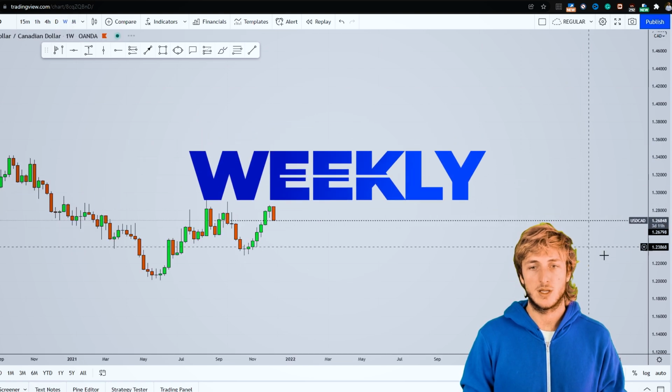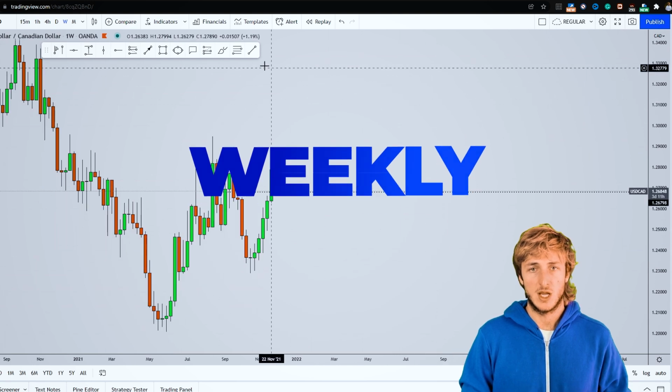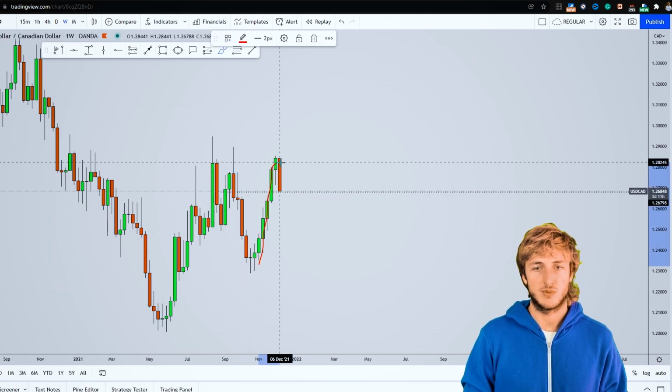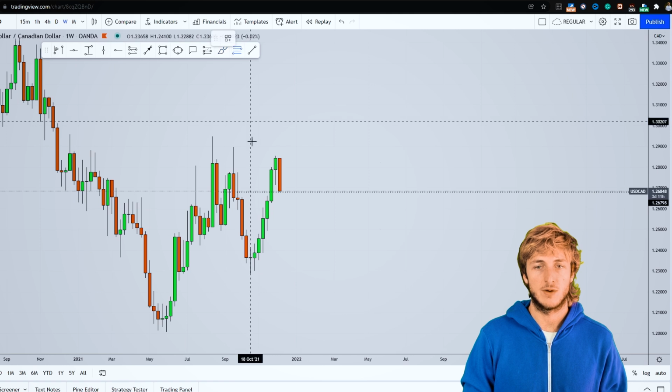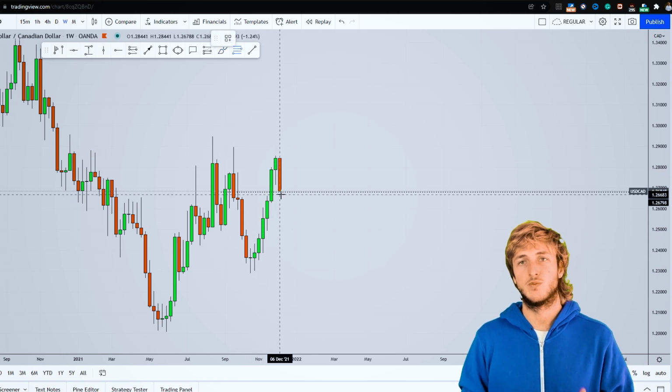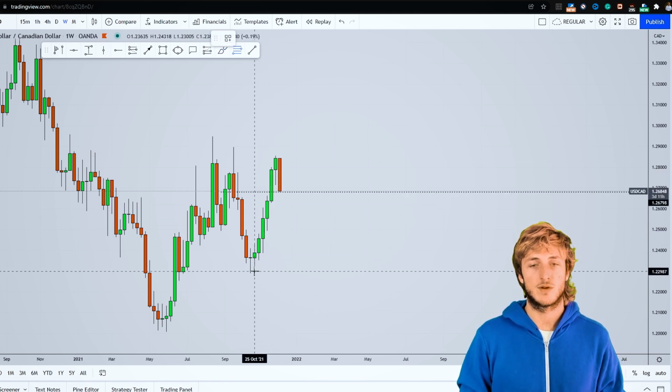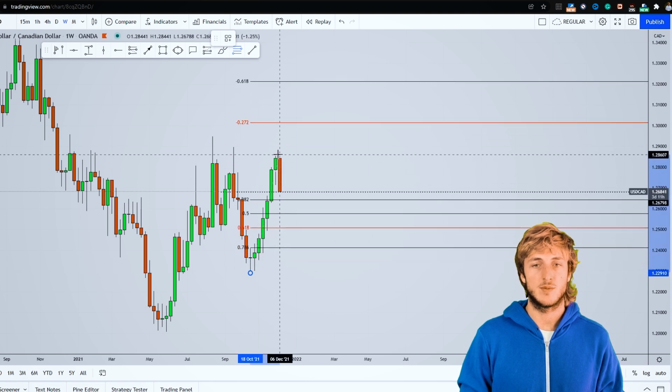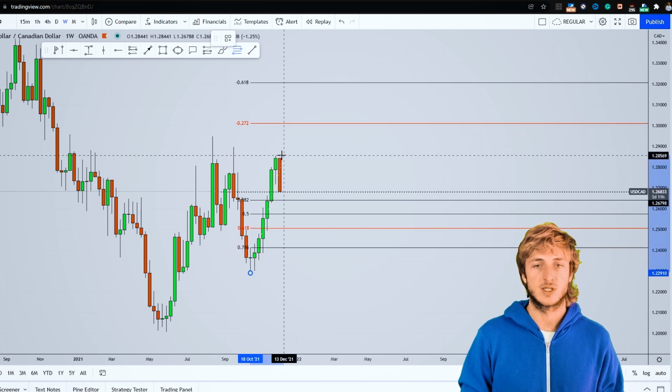We drop down on the weekly time frame, and what do we see? Now here in the weekly, we can see a strong impulse, and at the moment we're getting the correction. Now in general, after an impulse, if you want to measure the correction, we have to take our Fibonacci on the impulse. And if we take our Fibonacci from the low to the high of this impulse,